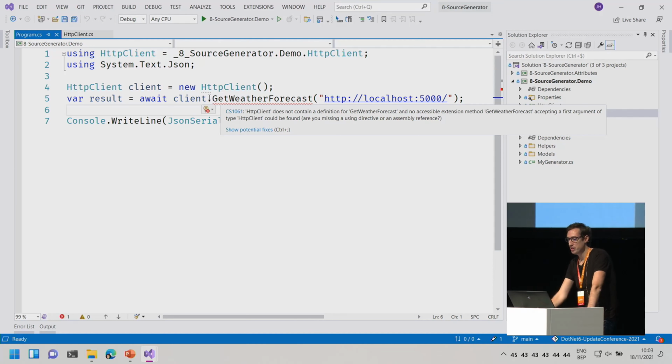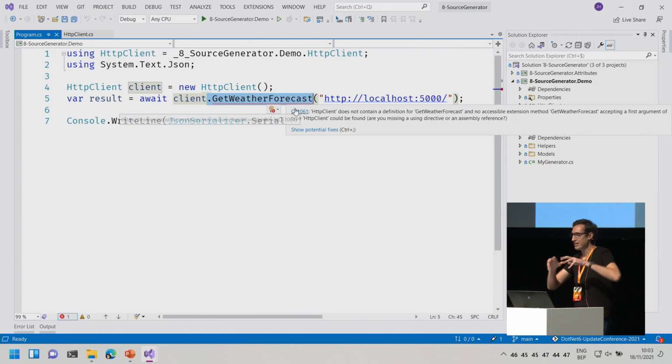But in source generation, this normally should work, because when you're typing inside of your editor, your code is compiled in the background automatically, and it also generates the source at that point in time. So you have IntelliSense of source-generated code that is not there, but it is there in the background. So it's generated for you while you are writing code, which I think is a very powerful feature.